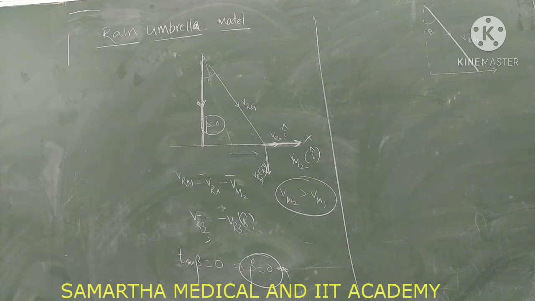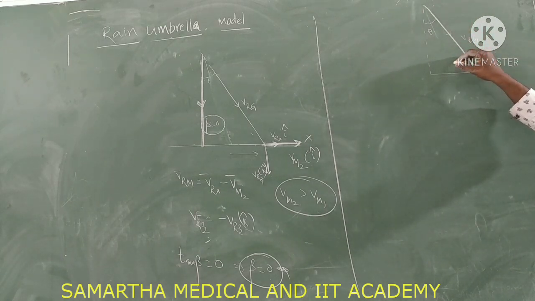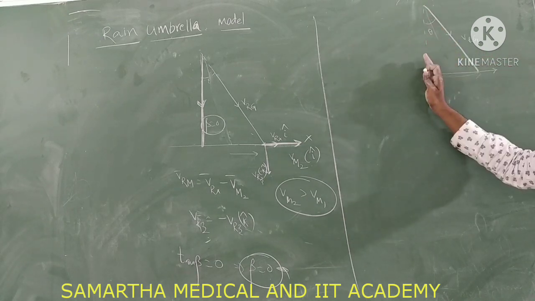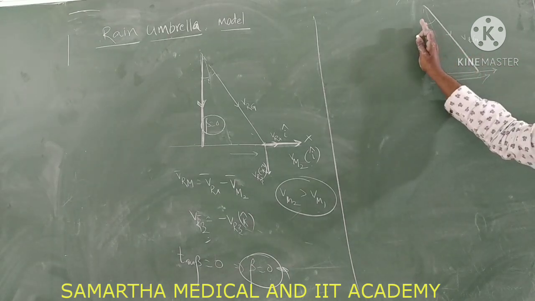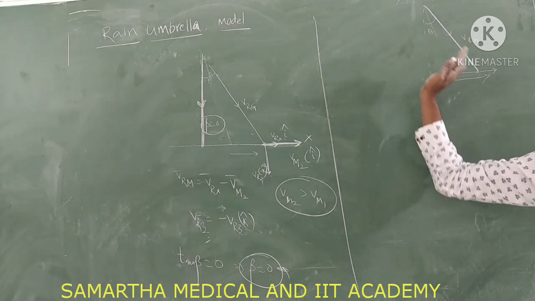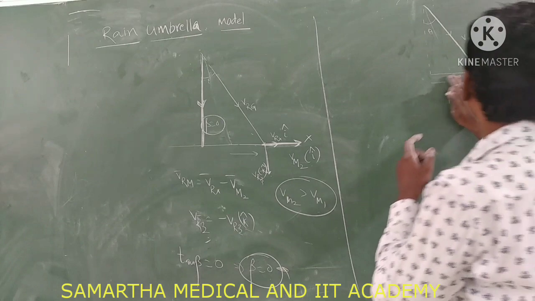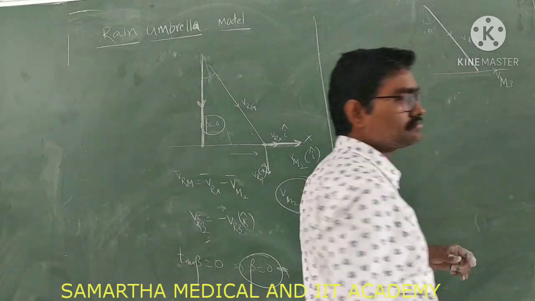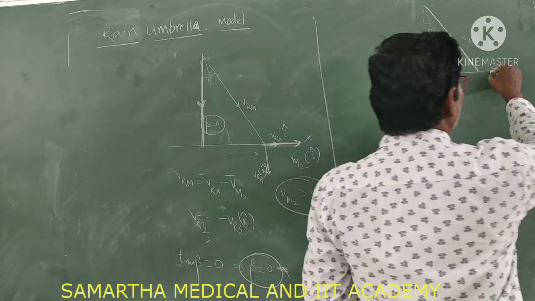In the first case, the person is going with some less speed, then the resultant will be close like this. Now, in the second case, the speed is further increasing, then the resultant will match with the vertical. Now, the speed is further increasing, then the resultant will go to the other side. So that is our case now. This is the case where I am going to take the velocity of man 3. Suppose the velocity of man 3 is going along the x-axis in this direction.